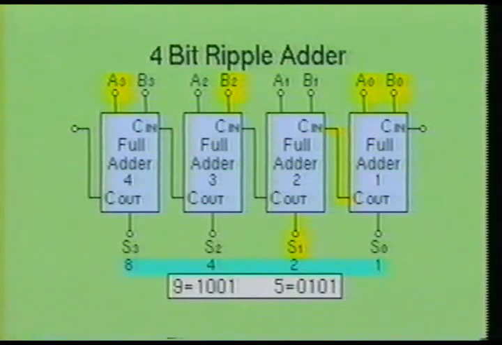The second full adder stage has a low on inputs A1 and B1 with a high at the carry-in input. This causes this stage to produce a high at the sum output and a low at the carry-out output. The third full adder stage has a low at input A2 and a high at input B2 and a low at the carry-in input. This results in a high at the sum of the third full adder and a low